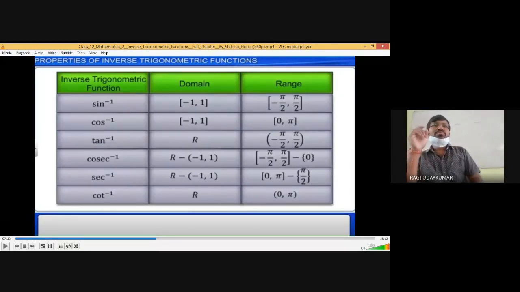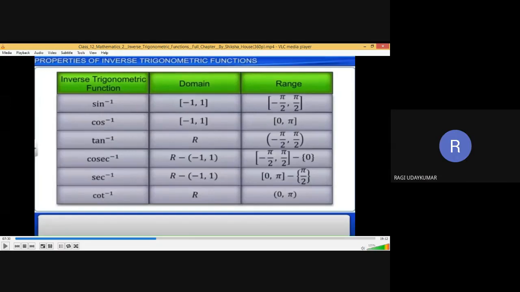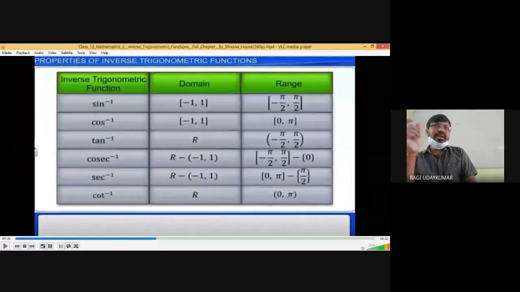So here, do remember one point: sin inverse has a closed interval, tan inverse has an open interval. Intervals, please note down in the proper way. The range of the sin inverse will be the closed interval minus pi by 2 to pi by 2. Cos inverse is the closed interval 0 to pi. Tan inverse is the open interval minus pi by 2 to pi by 2. And cosec inverse is the same as sin inverse, but except 0. And sec inverse is the same as cos inverse, but except pi by 2, because it is not defined at pi by 2.